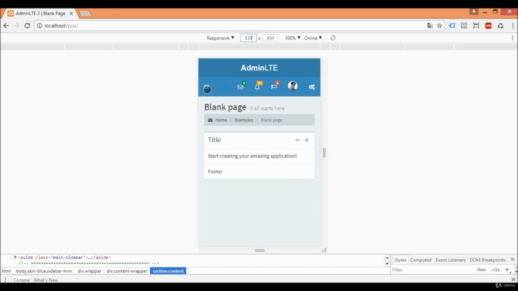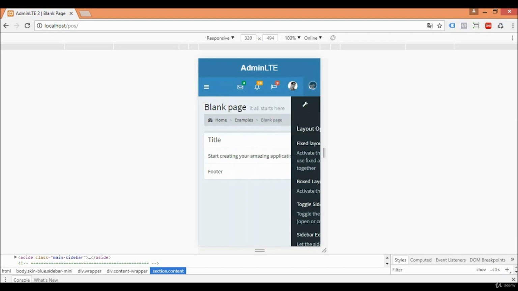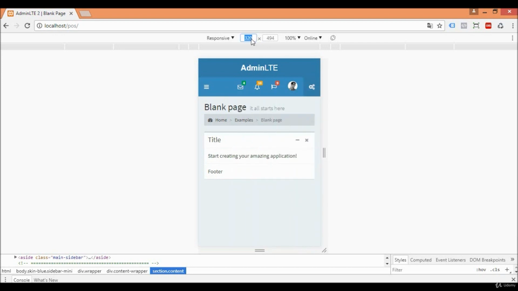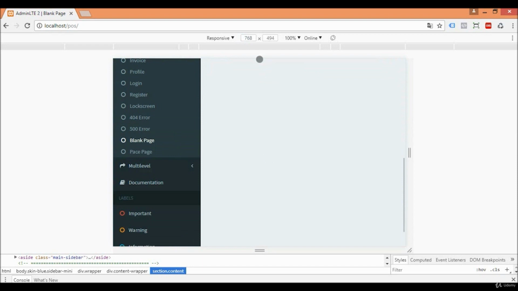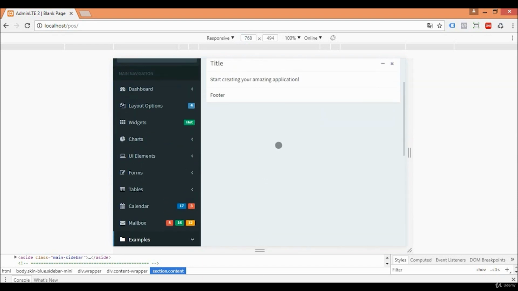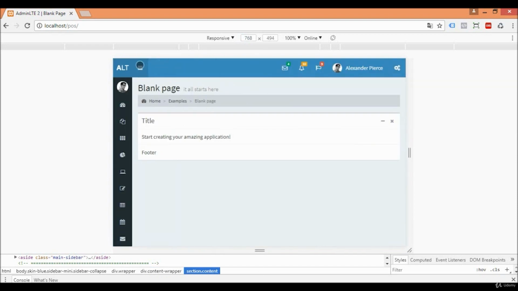Okay, very good. The next breakpoint to check, for example, to visualize the system in a tablet is 768 pixels in vertical position or portrait. It simulates a tablet in a vertical position. So it enables the sidebar menu. We can hide it if we want. And it enlarges a little bit more the template structure. Then we will check in